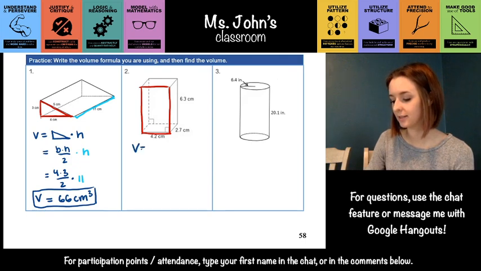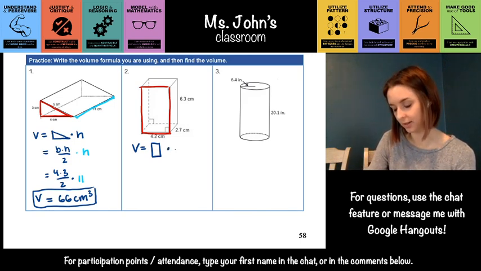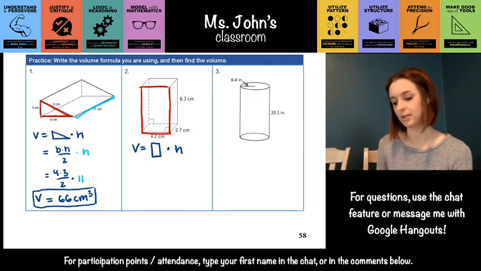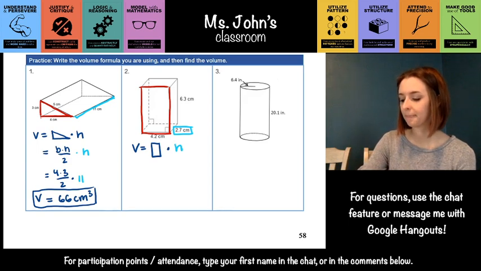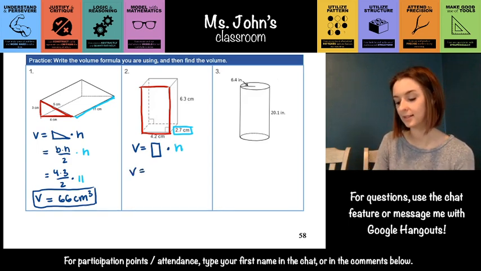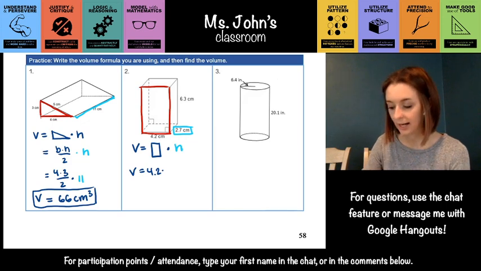So the volume of this is going to be this rectangle times the height, which is 2.7 in this one. That's going to be my height. Okay, so the area of the base is a rectangle, so it's just base times height. So we have 4.2 times the height of this rectangle is the same as this. So it's 4.2 times 6.3